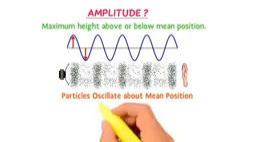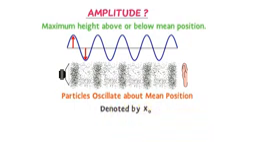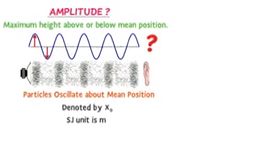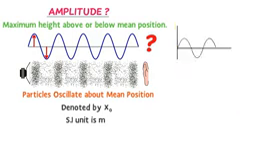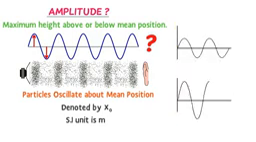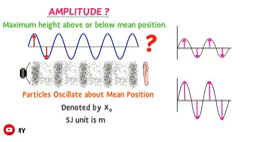Usually, amplitude is denoted by x0. The SI unit of amplitude is meter. Now, how can we calculate or measure the amplitude of any wave? Consider these two waves. I measure the distance or length of this peak point from the mean position using a ruler or any measuring device. For example, when I measured the length of this peak point from the mean position, suppose it was